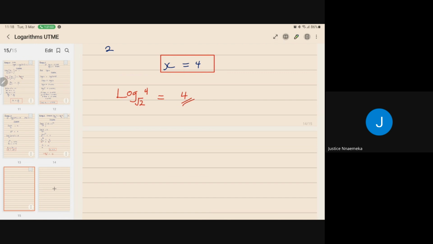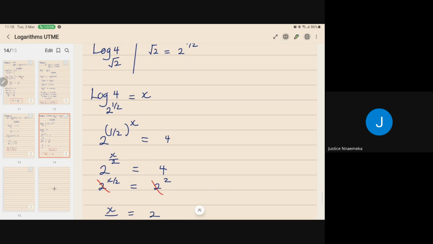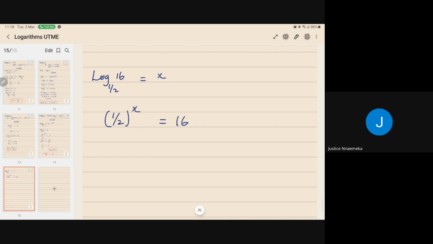Now, the next part of our equation is this side that says log of 1 over 2^16. That's the next thing we want to simplify, right? So we have log 1 over 2 power 16. We have to equate it to the power of x. It simply means that 1 over 2 to the power of x is going to give us 16, right? So it entails,